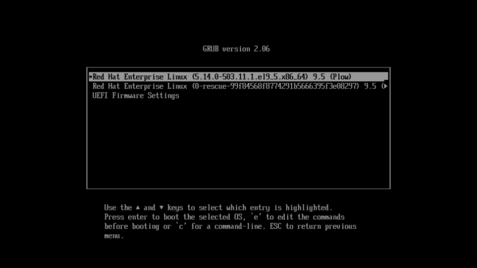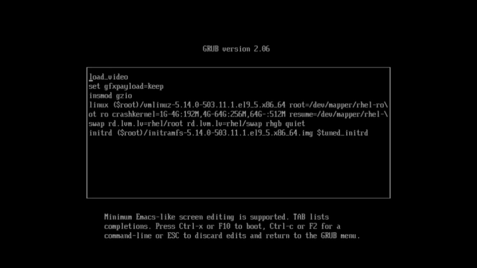Once the GRUB menu is paused, I press the E key on my keyboard. Pressing E allows us to edit the boot parameters for the selected kernel. This is very useful because we can modify the boot options temporarily without changing permanent settings. Now I press the down arrow key and look for the line that starts with linux. At the end of this line, I carefully type